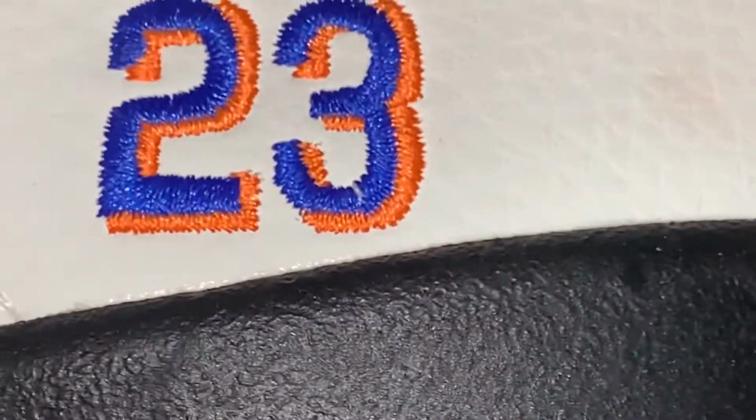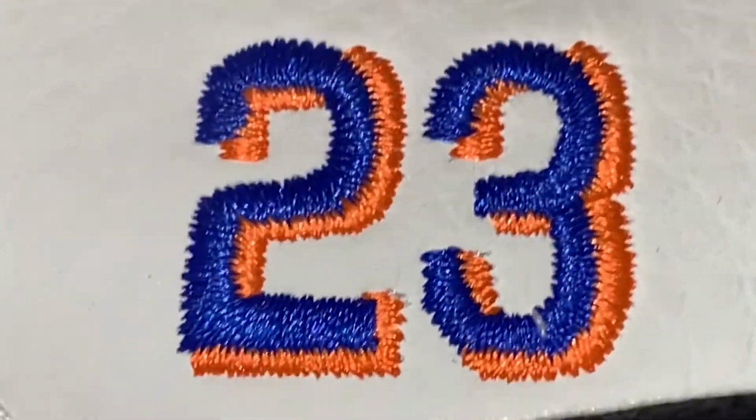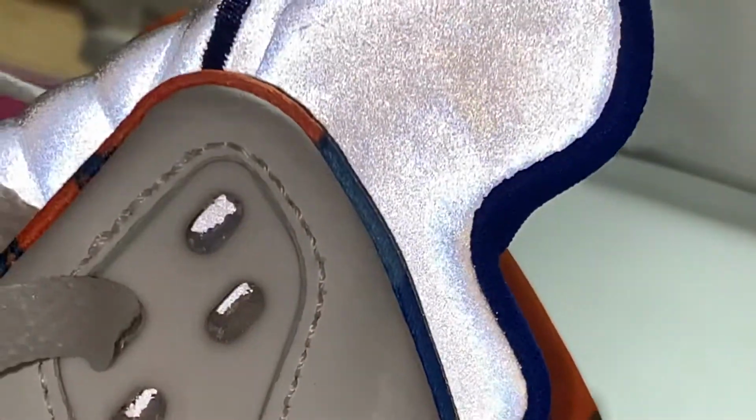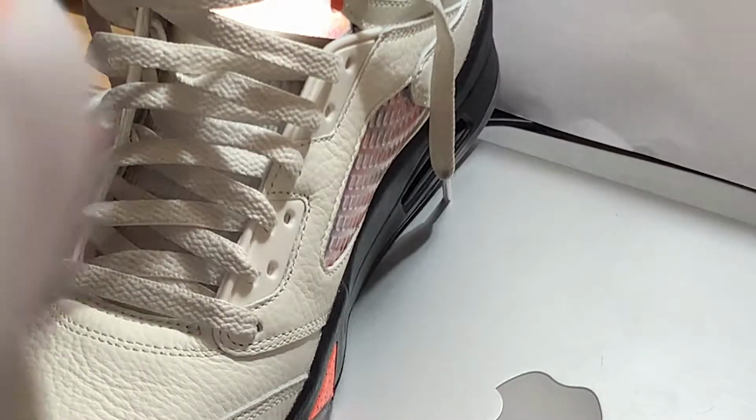I learned that a while back when I bought a pair of Jordan 7 OGs that turned out to be super fake, and I got really scammed on that. I just threw them away. I actually got my money back for those, but I threw them away anyway because I don't really mess with fakes. But anyway,